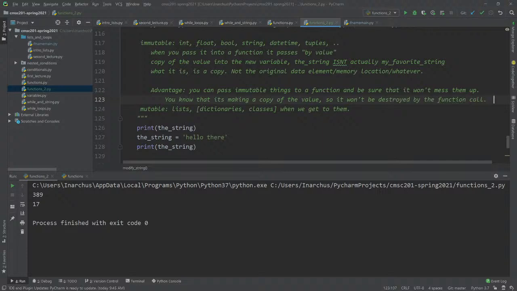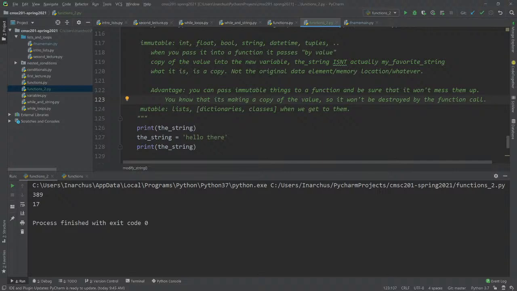And it is a slight concern, right? Say you're calling some unknown function and you don't know what it's going to do to the data elements. Maybe it actually screws up the arguments that you pass in. The answer is, if you pass in a string, a bool, an int, a float, a datetime, a tuple, something like that, it can't mess those variables up because those variables are considered immutable.